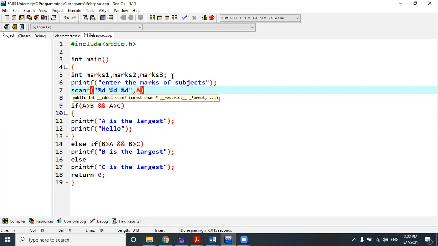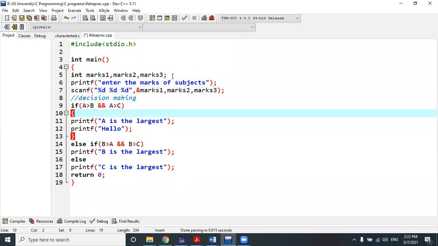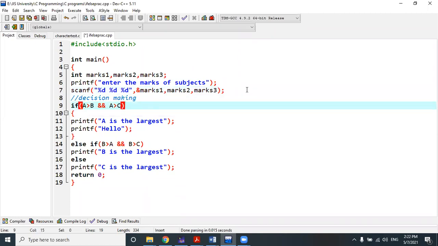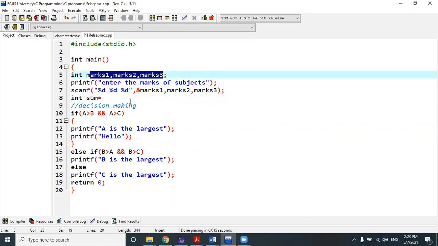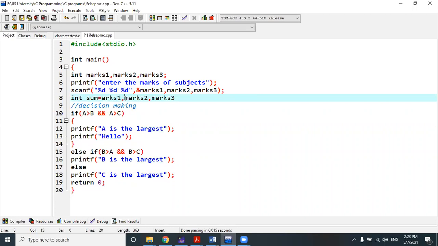So I have given marks 1, marks 2, and marks 3. Our job is to calculate the summation of these 3 marks. That means int sum equal to the addition of these 3 marks that we have received.